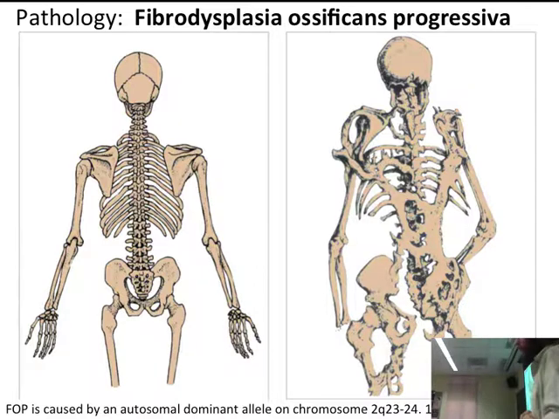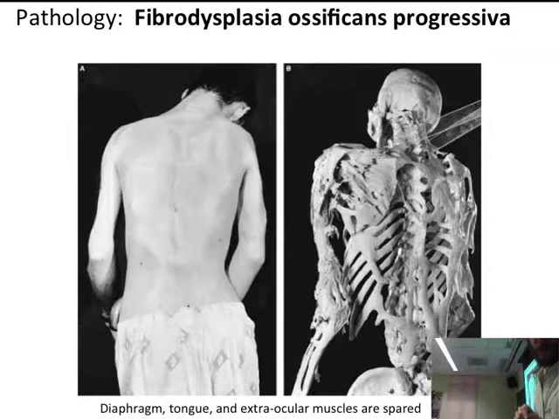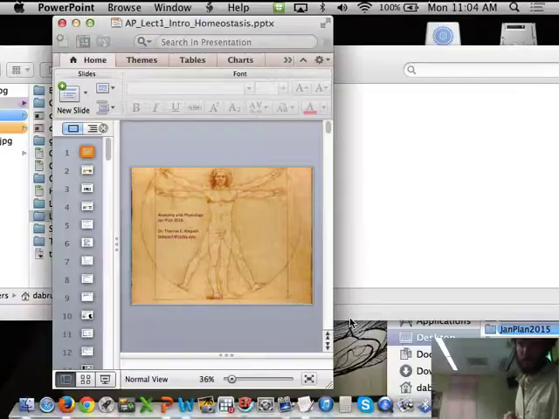and their skeleton becomes really malformed. So here is an example of a woman. Interestingly, their diaphragm, their tongue, and their extraocular muscles are the only muscles in their body that are actually spared. So they are able to breathe and move their eyes and swallow relatively normally. But here is this woman, and then here's a man, I don't know who that is, and then their skeleton after death. You can see what it did to that person. Really unusual, pretty horrifying disease. Okay, so